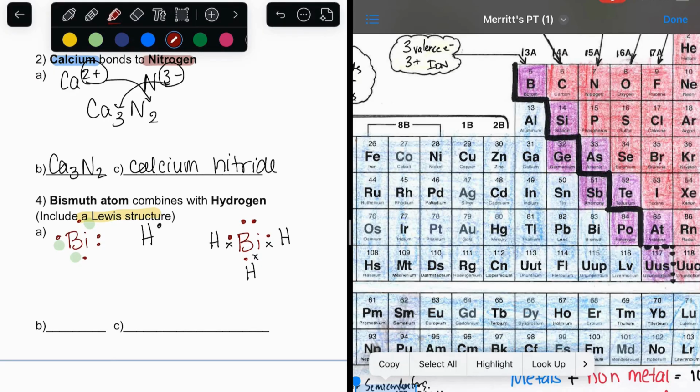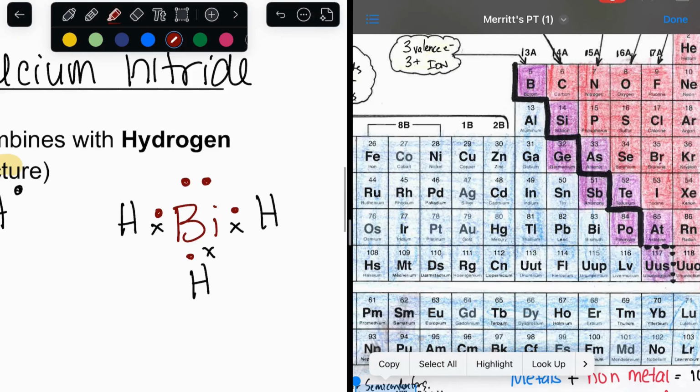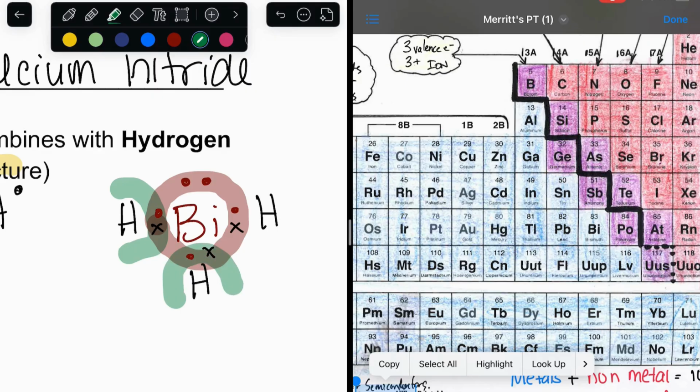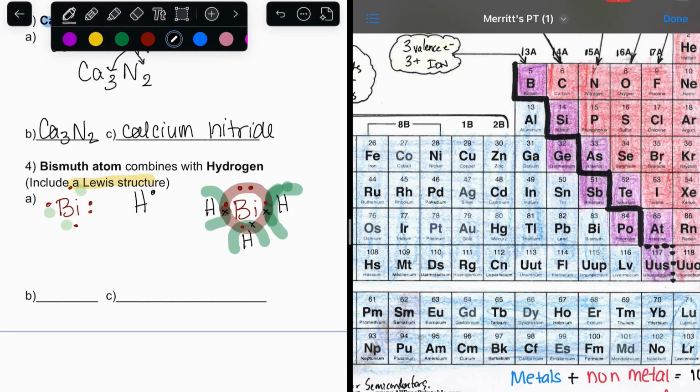If I double check that everybody's happy, my bismuth has 1, 2, 3, 4, 5, 6, 7, 8. So that's happy. My hydrogen has 1, 2. This hydrogen has 1, 2, and this hydrogen has 1, 2. So they are all happy. So I have 1 bismuth and 3 hydrogens. And we're going to call that one bismuth. And then 3 is tri,